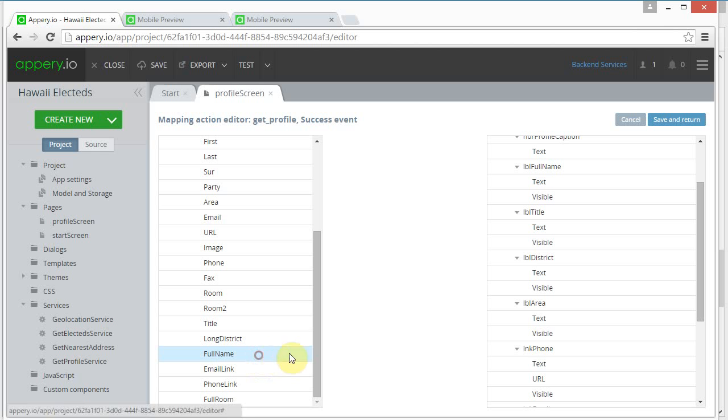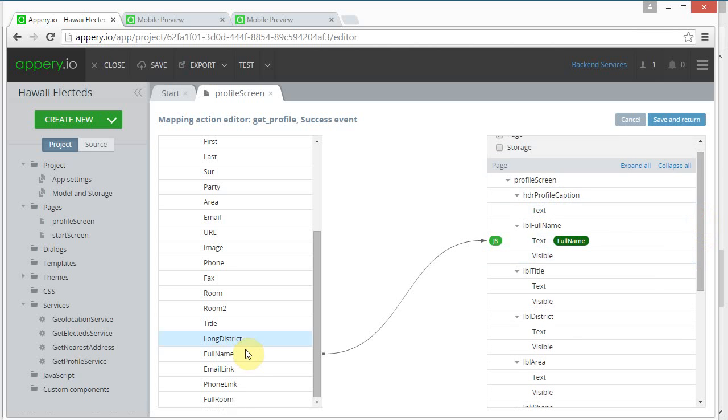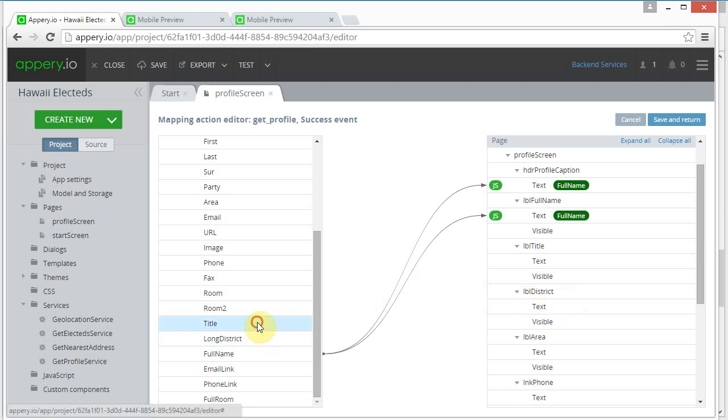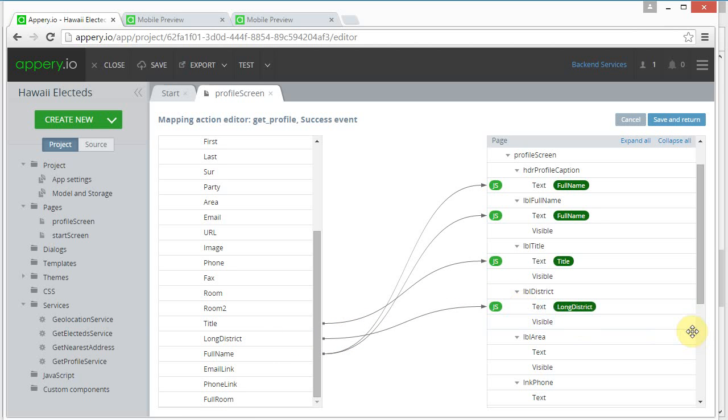Let me put the full name into the full name here, label full name. It also should go into the profile caption, text, and title can be this one, title to title. I'm going to use long district for district here, and for area I'm going to use, there's an area field here,